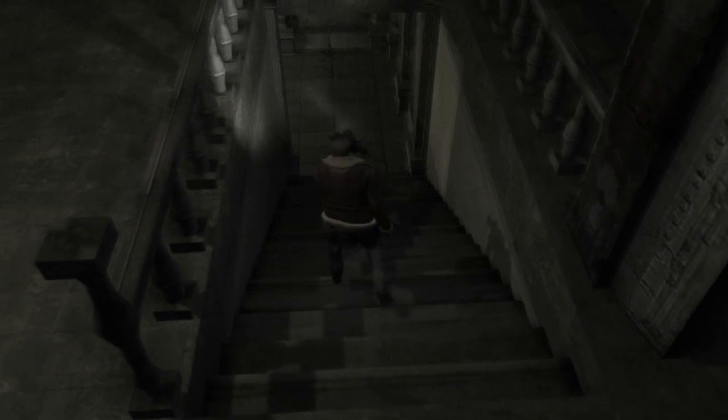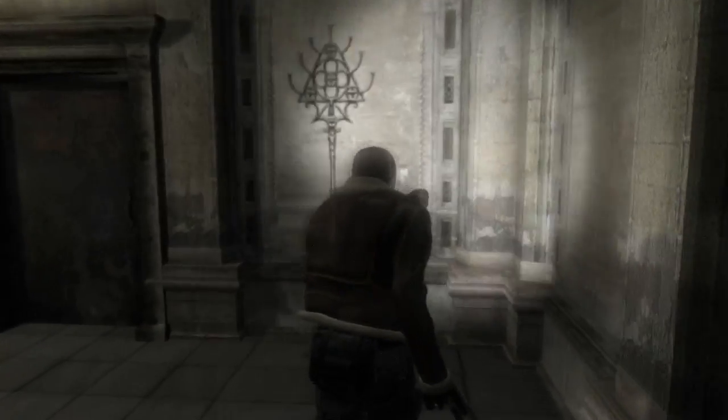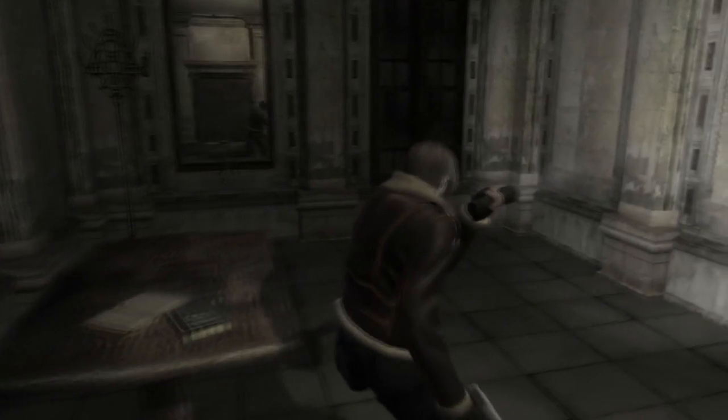I'm coughing. Sickness kicking in. Alright, what we gotta see? What we got going on here? The door. You think it's going to be another livable area? Because this is, in fact, a room from Resident Evil 4. I mean, I knew that the moment I saw it, but...